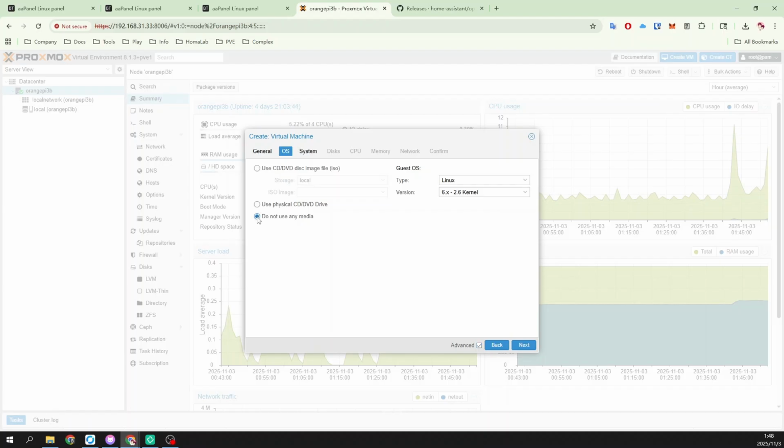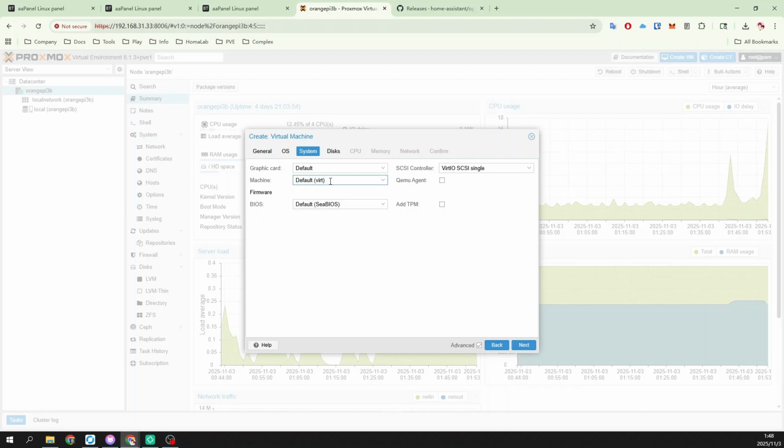We don't use any disc. Select Next Step. And then it's the default here. We choose UEFI here. Select our disk. We click Next